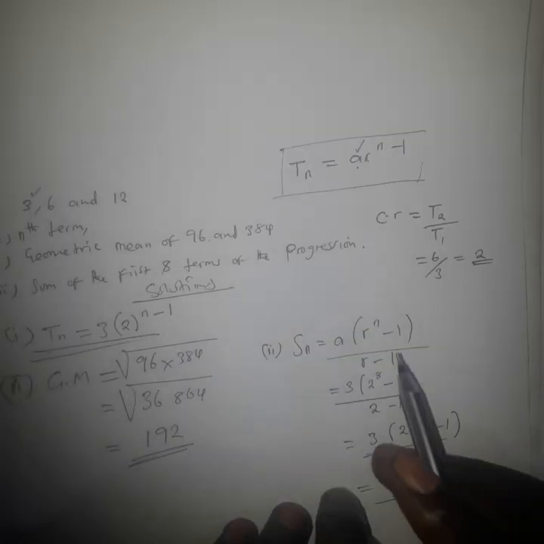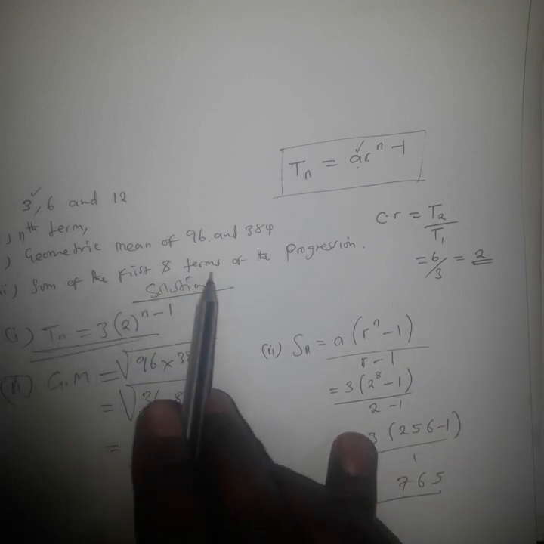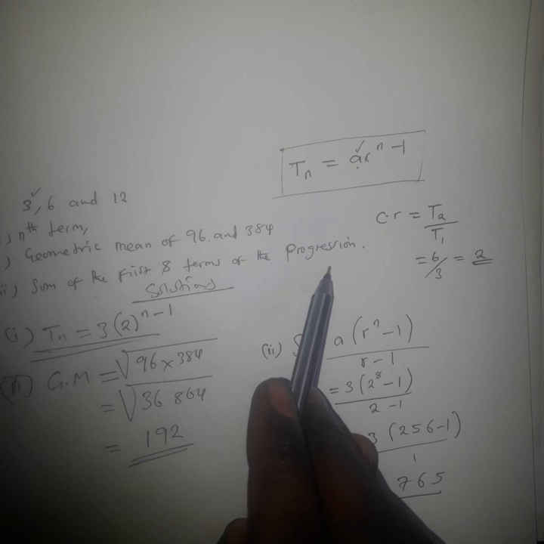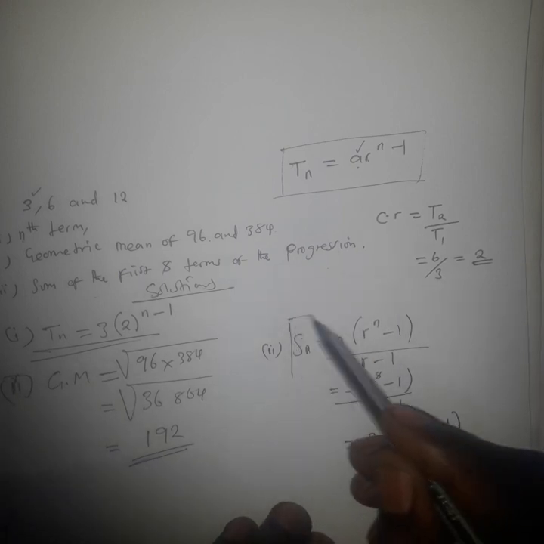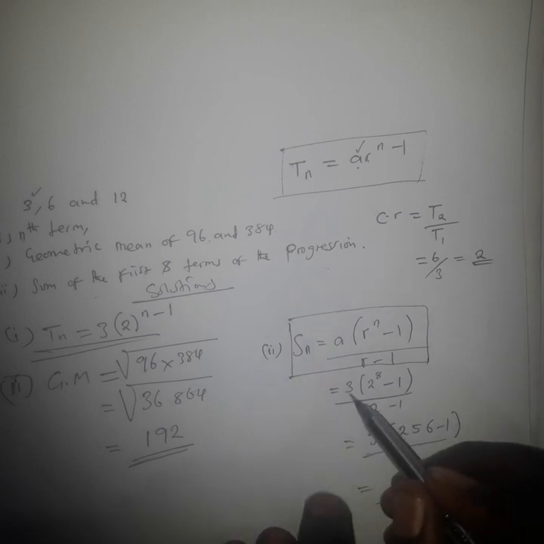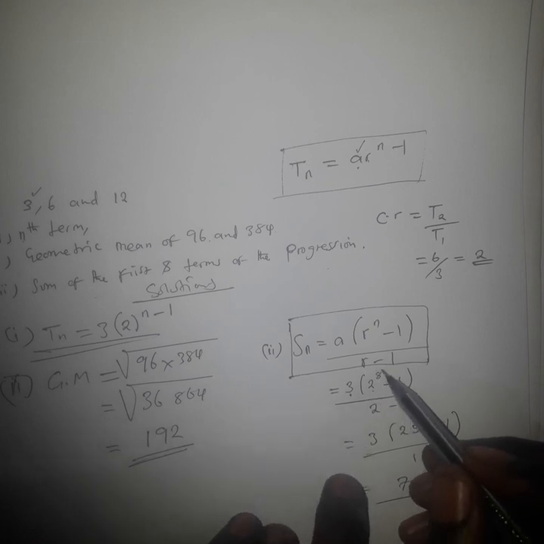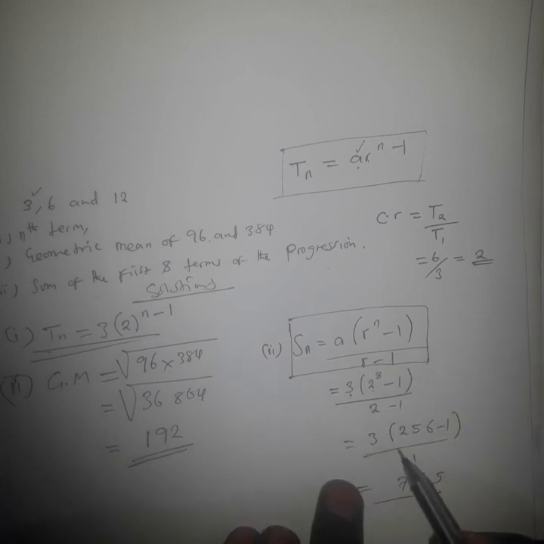Okay, and then coming to the last part of the question, it says find the sum of the first 8 terms of the geometric progression. So we can employ this formula for the sum of any terms, and then we can substitute. For A, we have 3. The common ratio, we have 2. When we substitute in the formula, it is going to give us